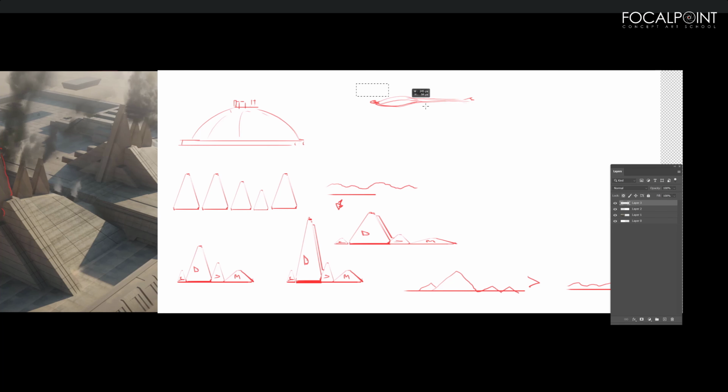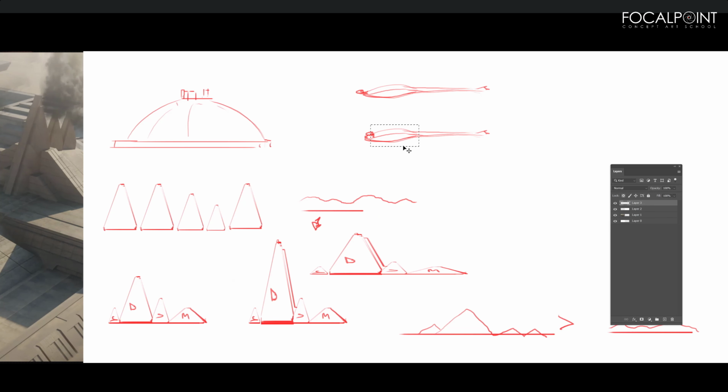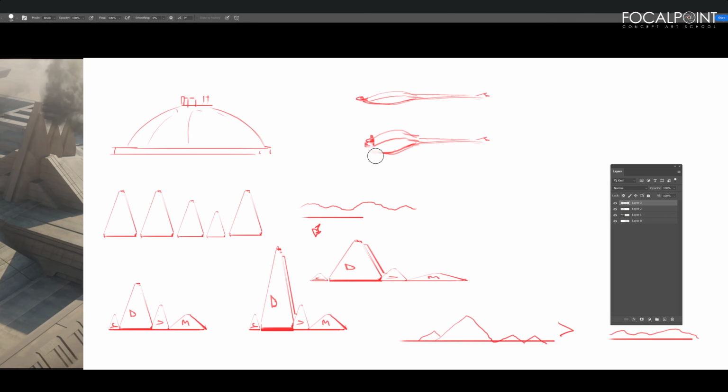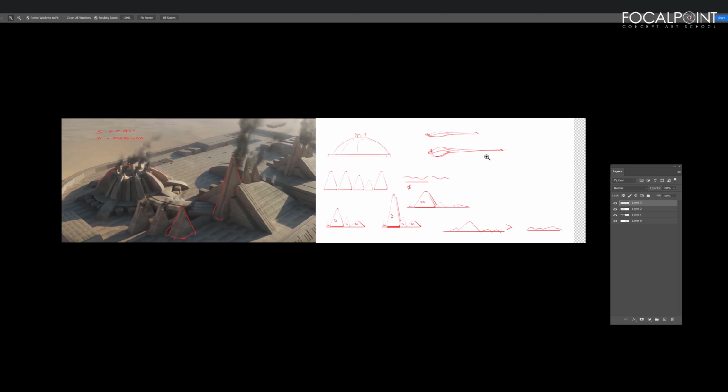But also it's about how you can play with the proportions. So maybe the cockpit could be here, maybe the middle section could be wider, maybe the tail could be much more dramatic,